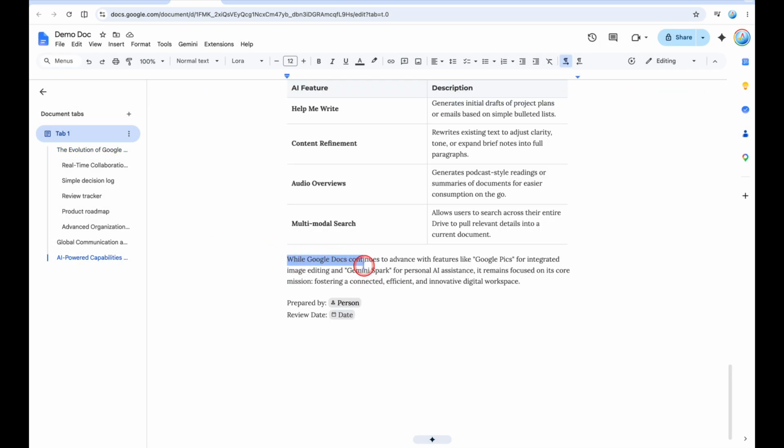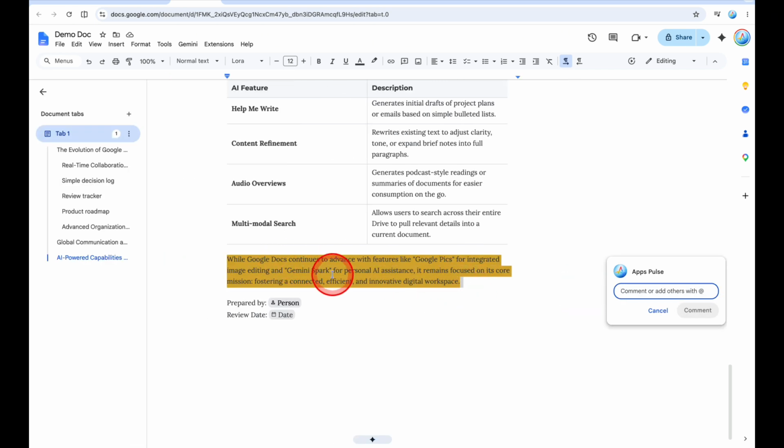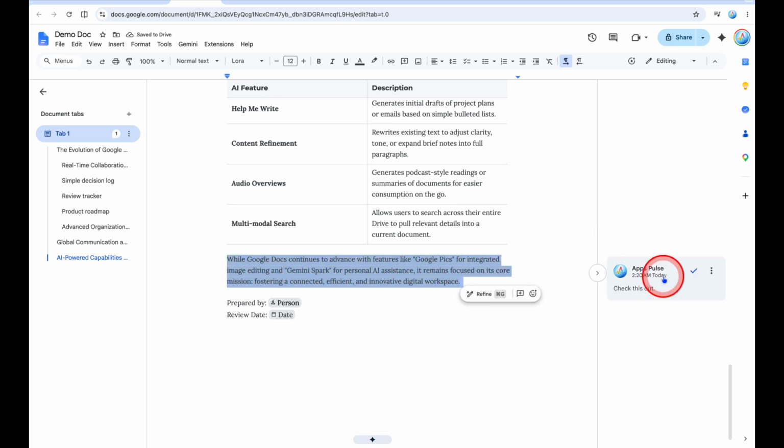How to insert a comment. If you want to insert a comment on Google Docs, you can highlight the paragraph or text that you want. Then the plus sign appears, add comment. The highlighted text changes color and a comment box appears. I can add the comment here. Check this out. Then comment. And you see the time, and also check the ellipsis. You can edit, delete, see emoji reaction details, or get link to this comment.